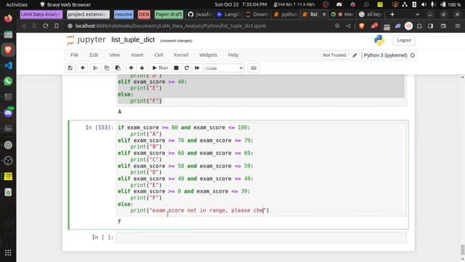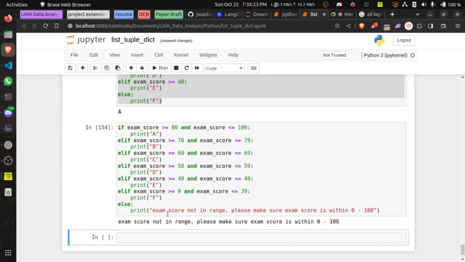Please make sure exam score is within 0 to 100." Now if you do this and you press enter, you find out that exam score is not defined.